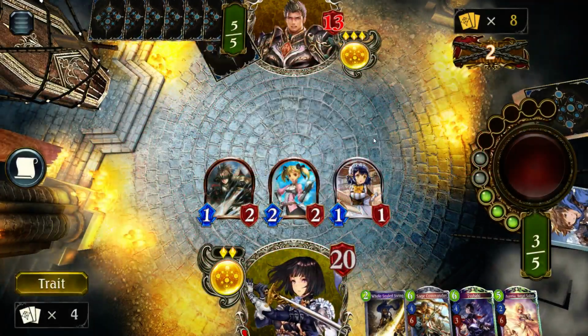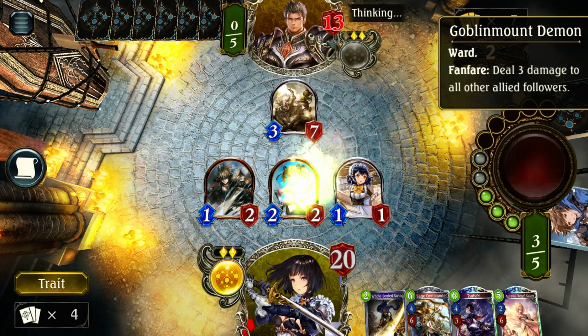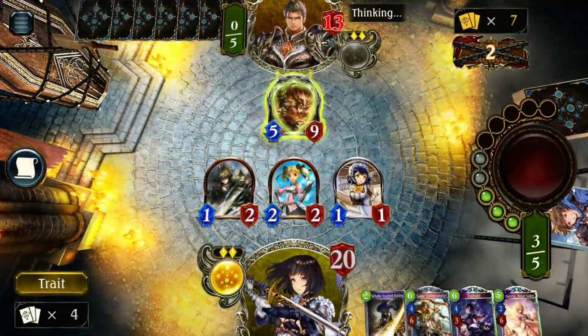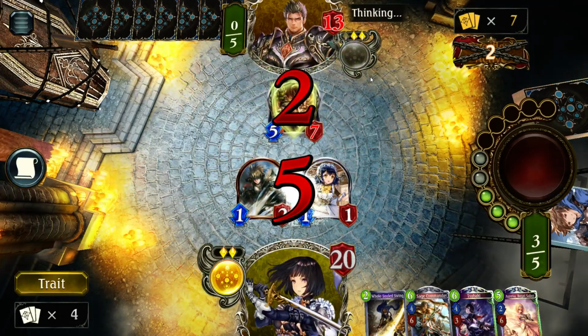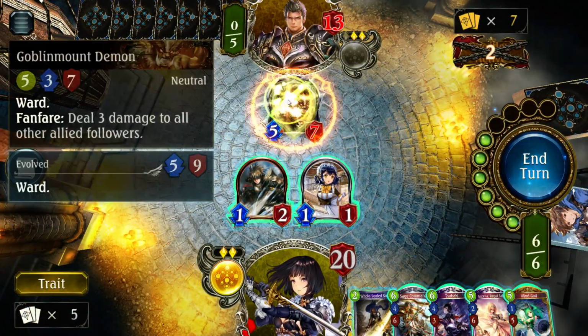So let's hope he plays something on 5. Okay, so he's played this creature. This is a very strong neutral creature, and he's evolved it. So you can see he's now going to be able to attack with that. We're going to kill off this one. You see that's a very, very strong card, a very strong play. So this is above the curve